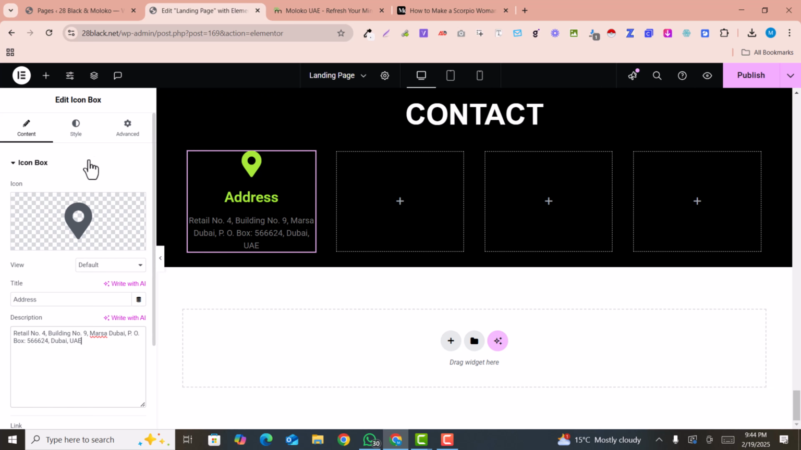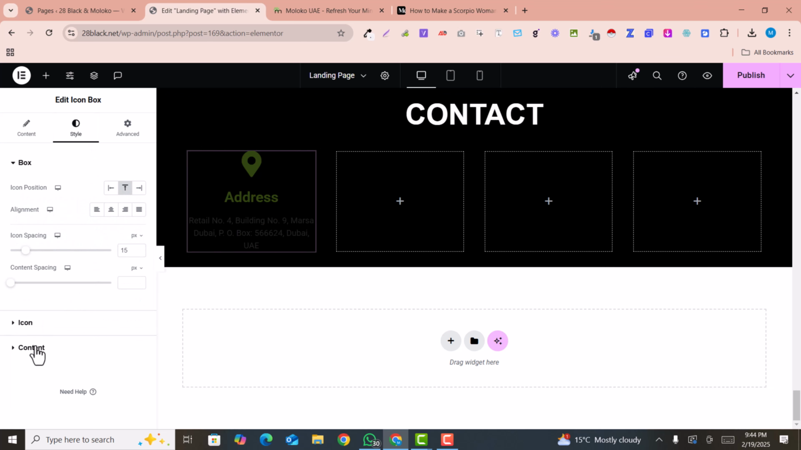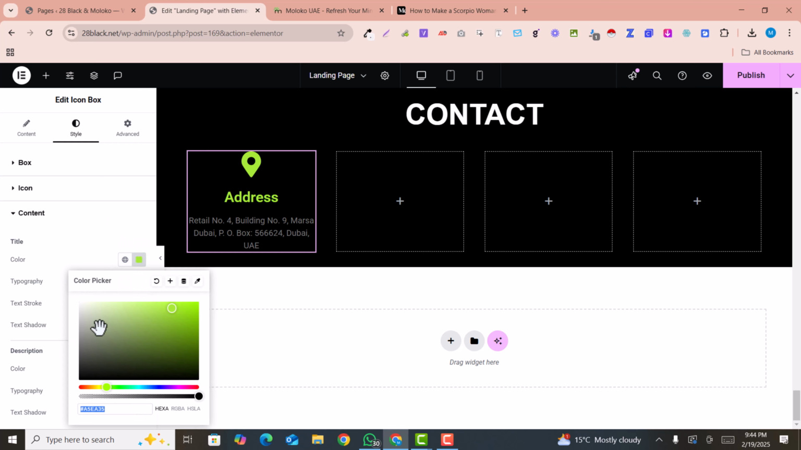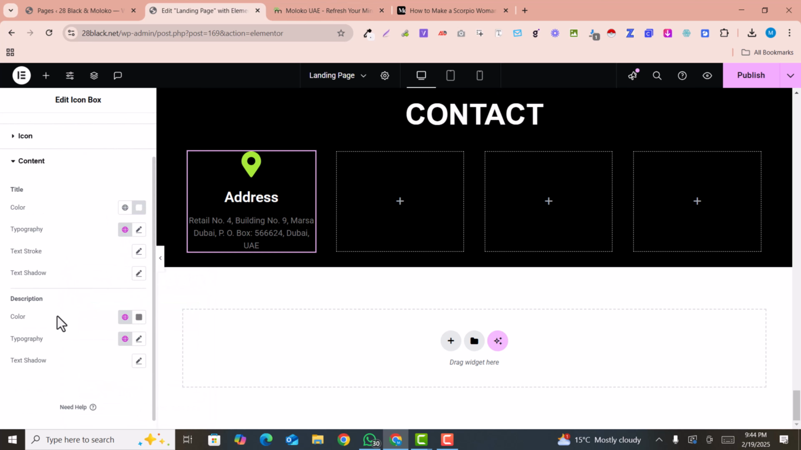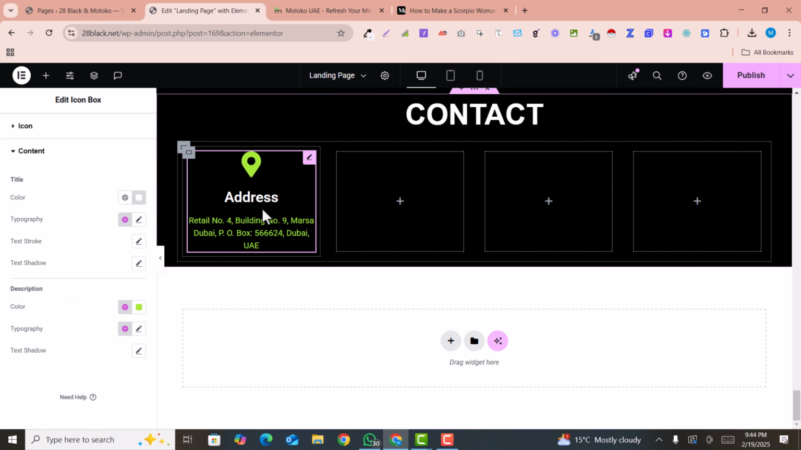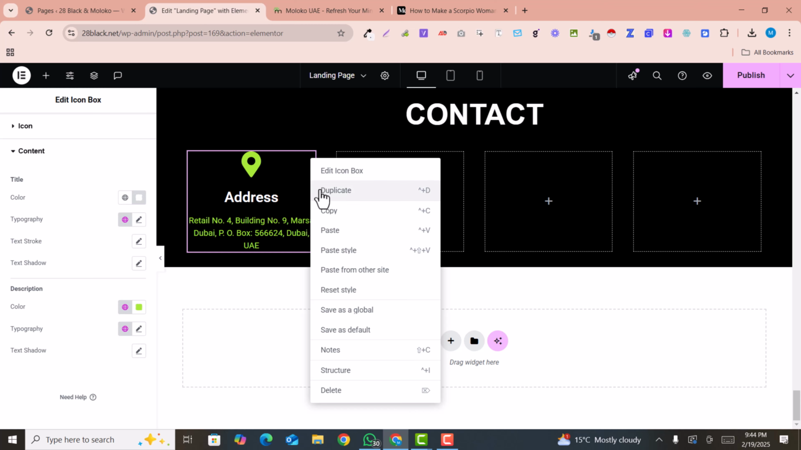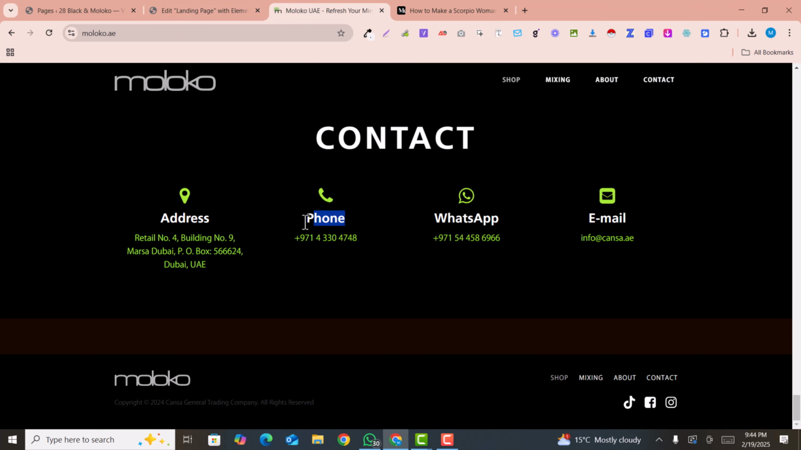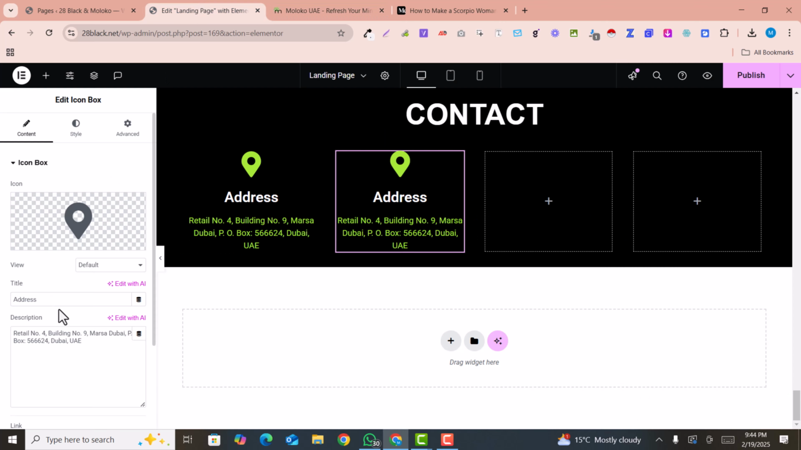Now how you can style it, just click on style, click on content, and the content should be white, and the description should be primary color. So this is how it looks like. Okay, and just duplicate, drag and drop here, and this is I think phone, and here I